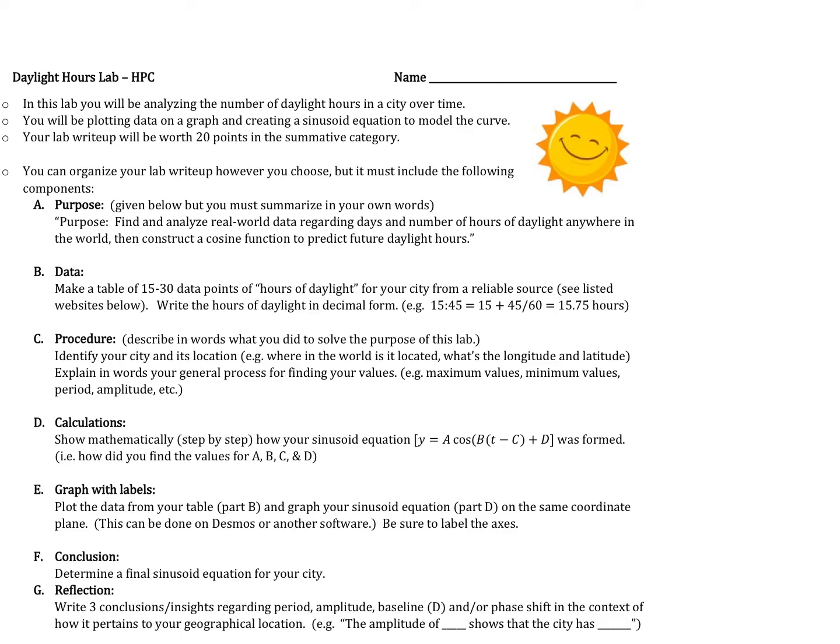What I'm about to do is just kind of do the big picture of what you're going to have to do in this lab. I'm not going to make a table of 15 to 30 data points. I'm going to just zero in on the high spot and the low spot, which would be one of those 15 to 30 data points. And I'm fine with 15. There's no reason you have to do 30. It doesn't make you a better person if you do 30 data points.